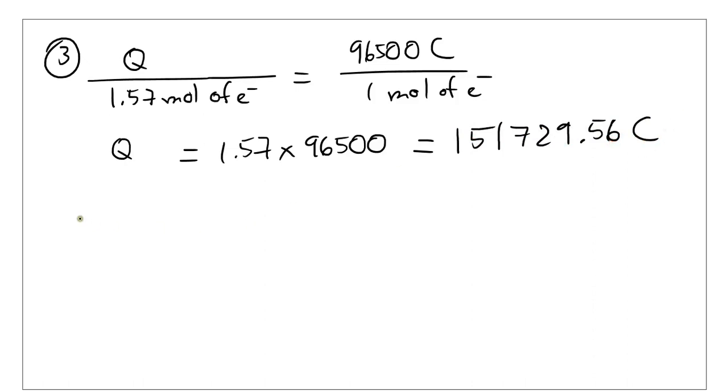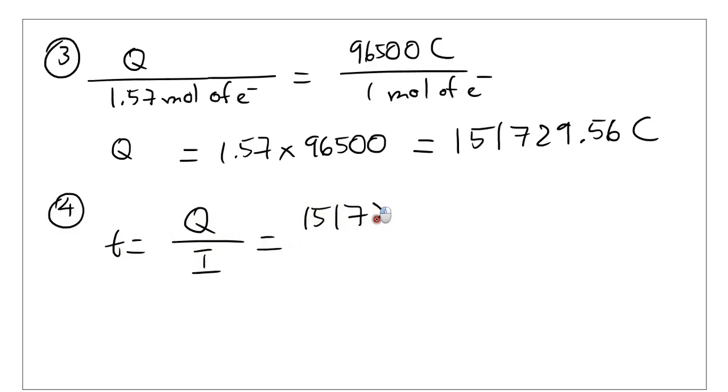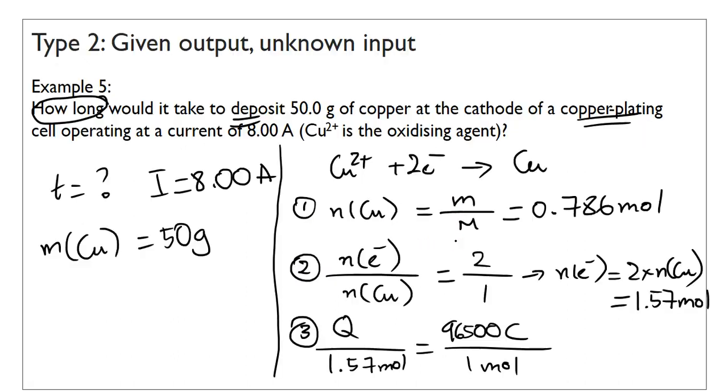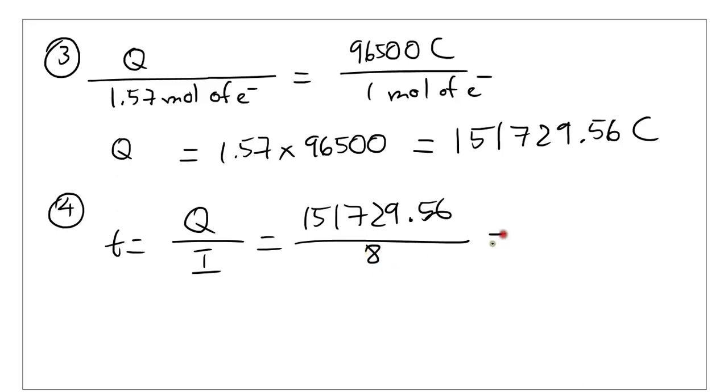151,729.5556 coulombs. And then from here, you should be able to find the time, which is just Q divided by current. So 151,729.56 over, the current was 8 amps. So 18,966